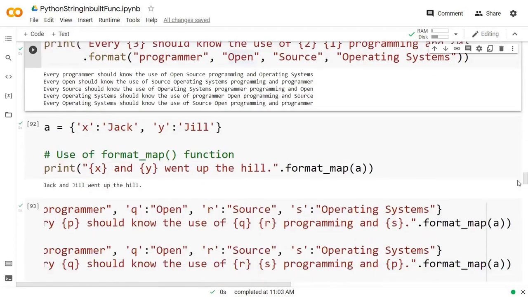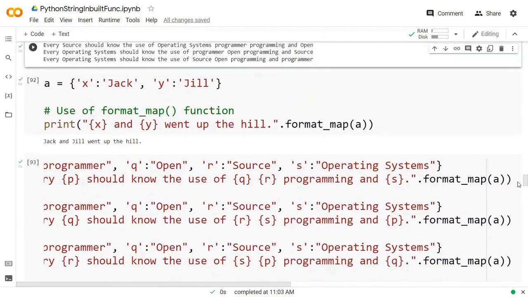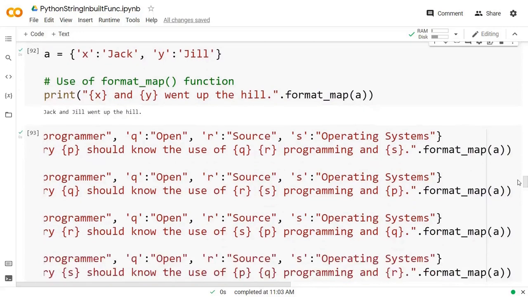Next one is where we have input in the form of a dictionary. So we have a key and we have a value. In such a scenario we use format map. The previous function was format, now the new function is format map. Now right here you can see we are using this string, and we are trying to